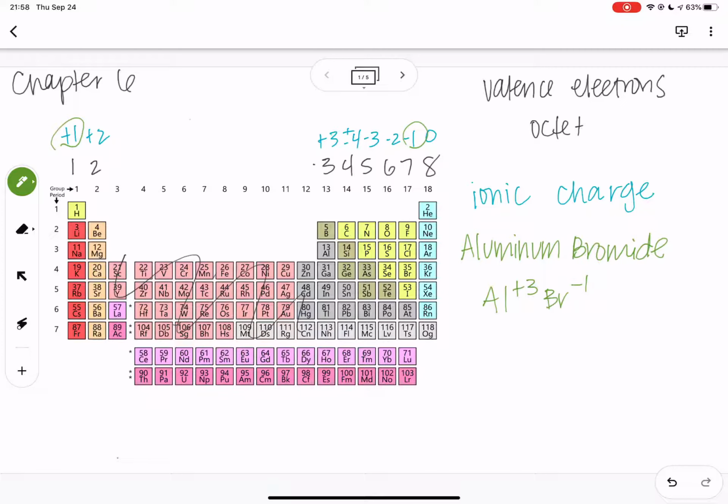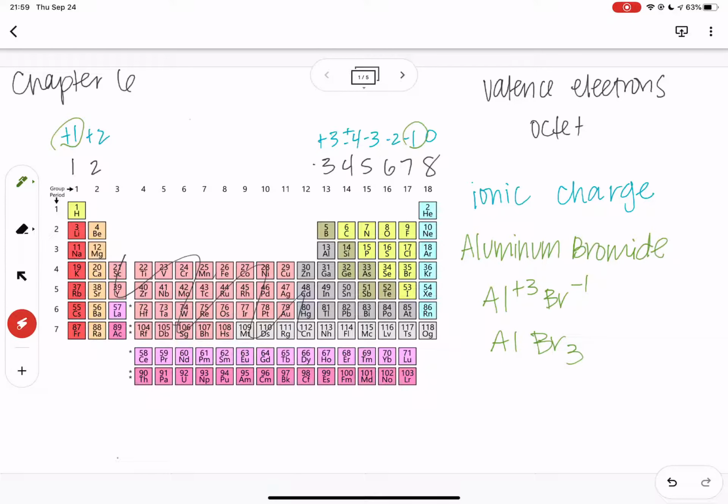To me, the easiest way is to just crisscross those numbers. Crisscross the charges, meaning AlBr3. So this 3 came down here, and this 1 would be here, but we don't have to write a